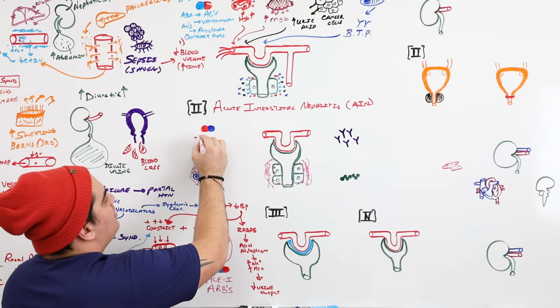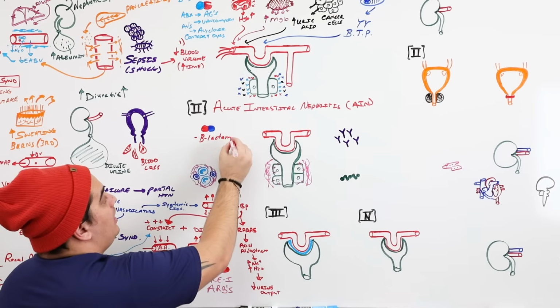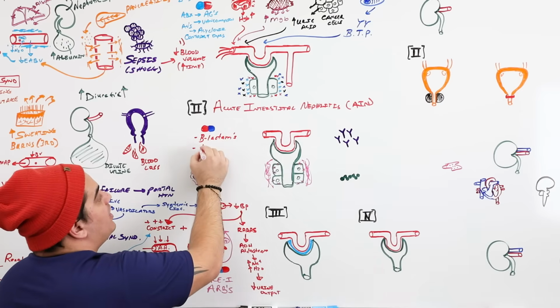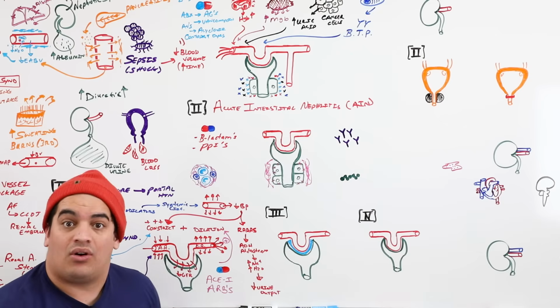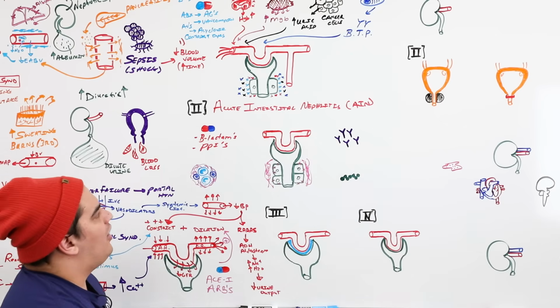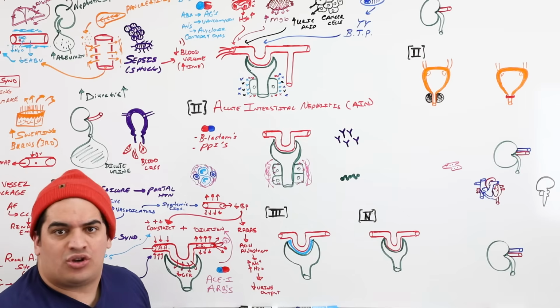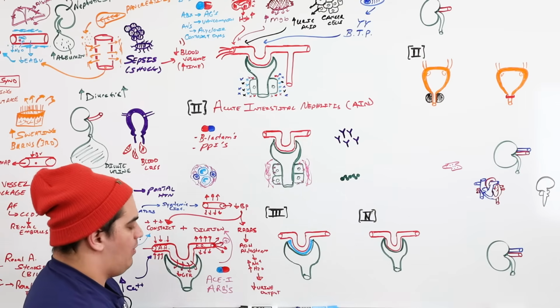So what are some? One of the big ones is going to be your beta-lactam antibiotics, so your penicillin antibiotics. These are big. The other one is PPIs, believe it or not, so proton pump inhibitors. These are also some that can cause a little bit of injury as well. There are other ones. I don't want us to get hung up too much on these, but PPIs and beta-lactams are some of the ones that I want you to think about.